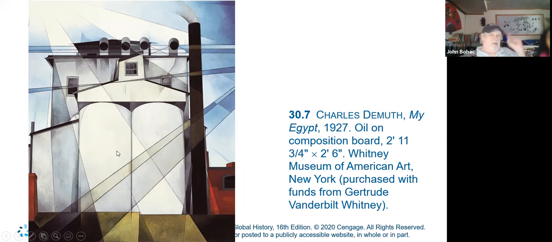Actually, it's a factory. And one of the things that these guys, Charles Demuth and Charles Sheeler, who was a contemporary, and Ralston Crawford, another one, they were called precisionists. It was a group of artists who painted in this way, and they used very clean, straight lines. They used some cubist devices, like breaking up the light. But what they had in common